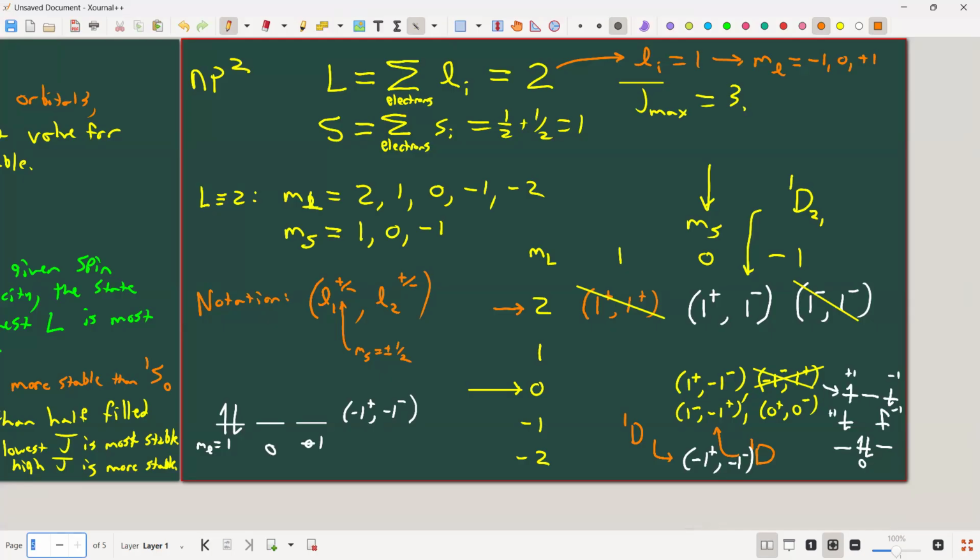Oh, sorry, I apologize. Let's actually go back to this one right here. Sorry, this state right here, L is 0, so this is a singlet S state. I apologize, this is an S state because L is 0. Okay, so what we find is that when we combine two electrons together in a 2p state, we actually have